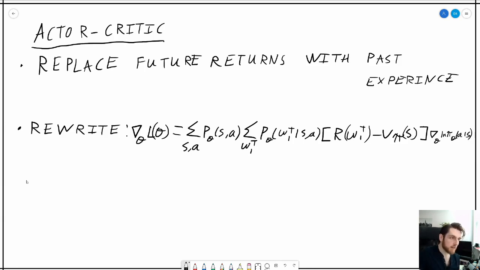Okay. And then the next step is to just perform this sum over these futures, which only interact with this return. And by doing that, we can then replace this return with the value of the next state and the reward in between, weighted according to the probability of those transitions and rewards occurring. So we'd sum over the futures,